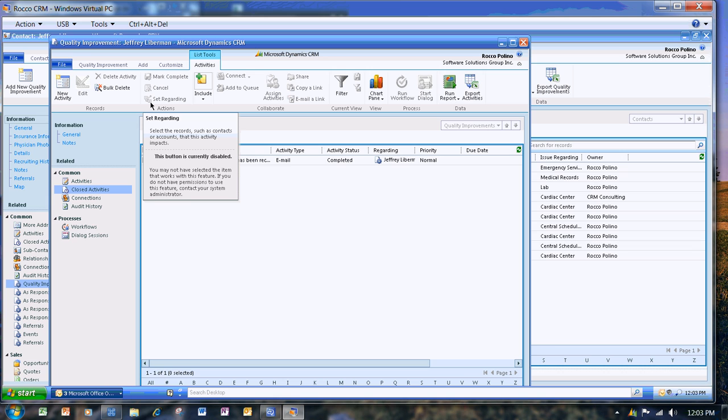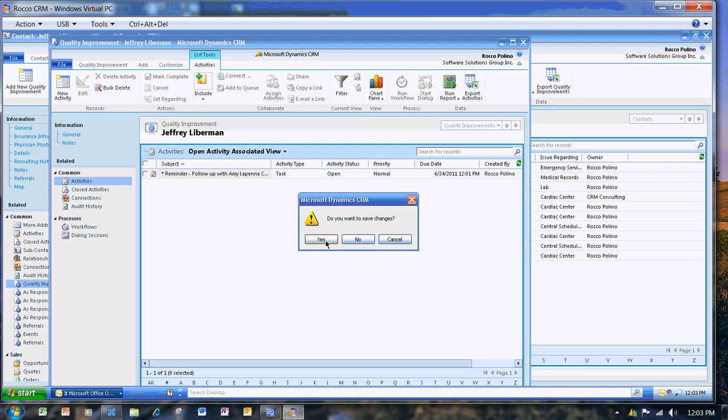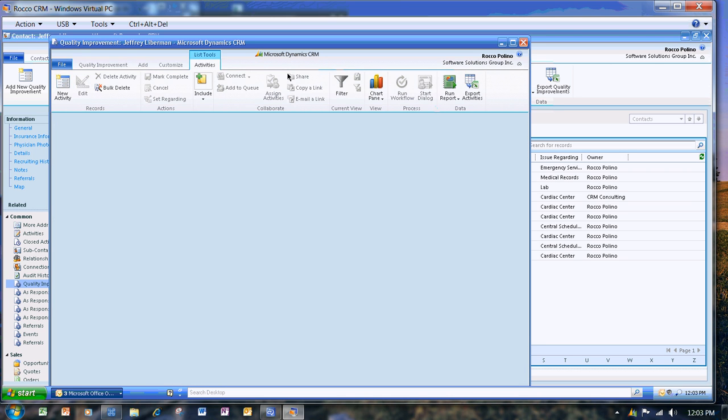original complaint form. Now the next thing that we want to do is to place a reminder on our Outlook calendar to remind us to follow up in a couple of days. Well, rather than doing that, again, the next thing our workflow rule does is create a task. It's labeled a reminder, and it tells us to follow up with Amy regarding the Jeff Lieberman complaint. Now, this task is visible within CRM, but because of Outlook synchronization, this task is also visible right on my